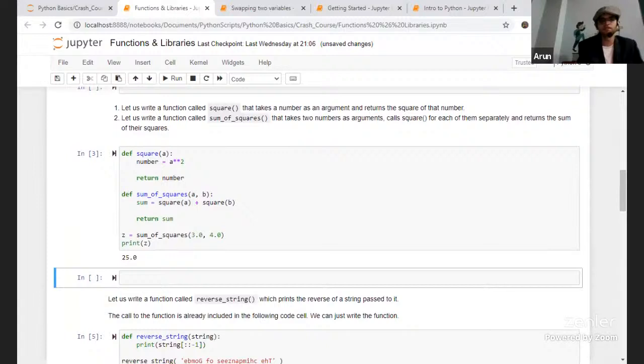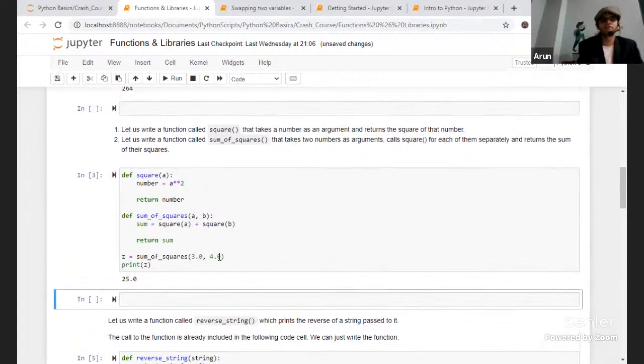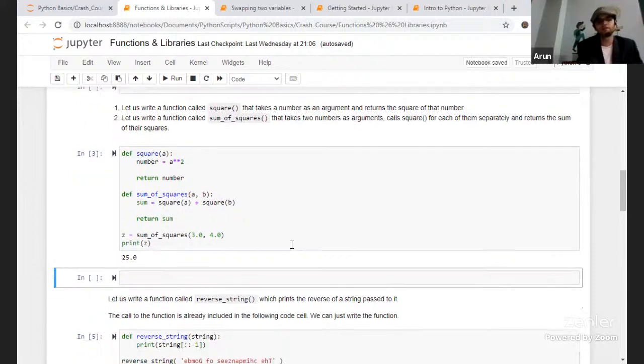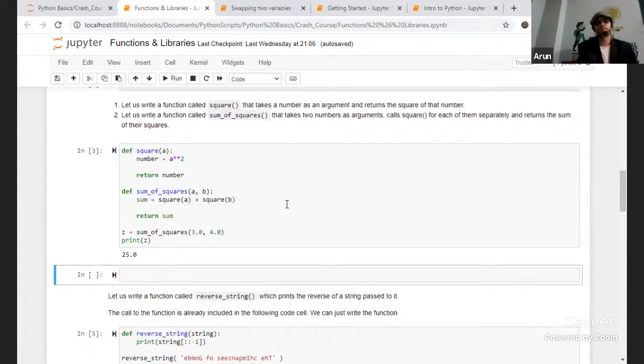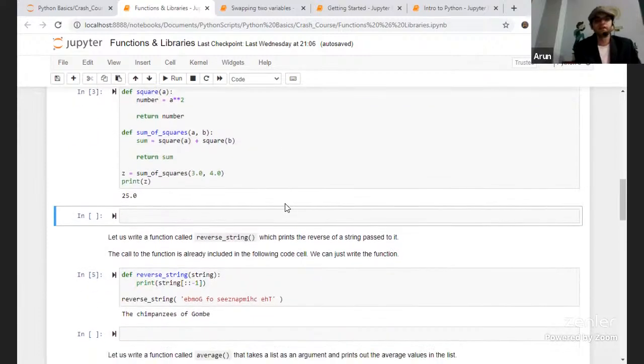The reason you are getting 25.0 is because the program still treats it as a floating point number and not as an integer. So this is about the Python basics.